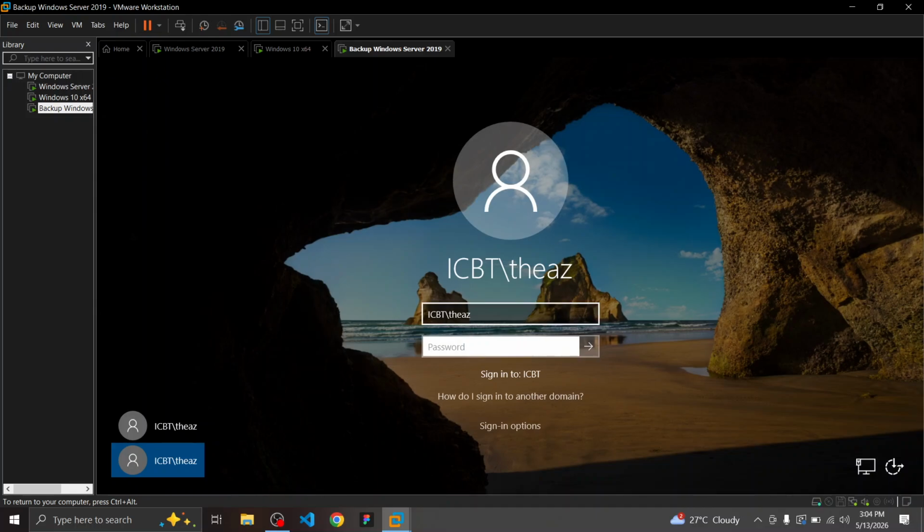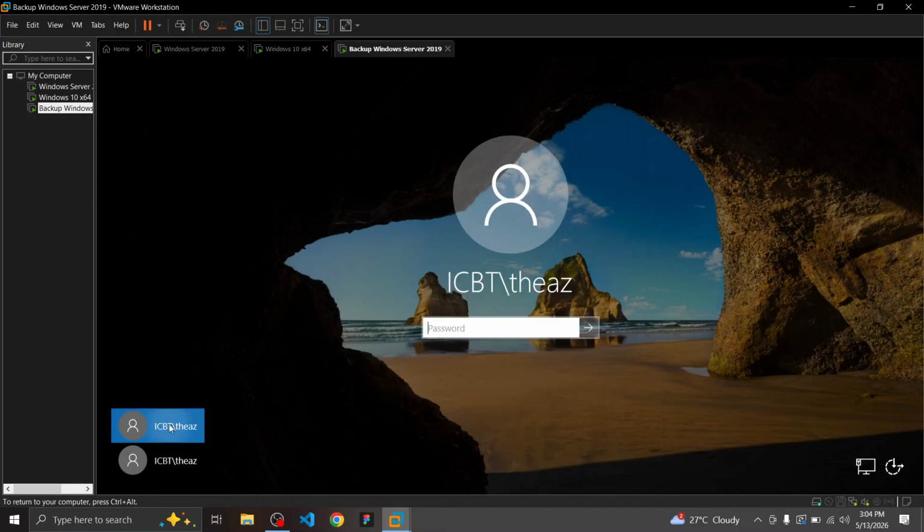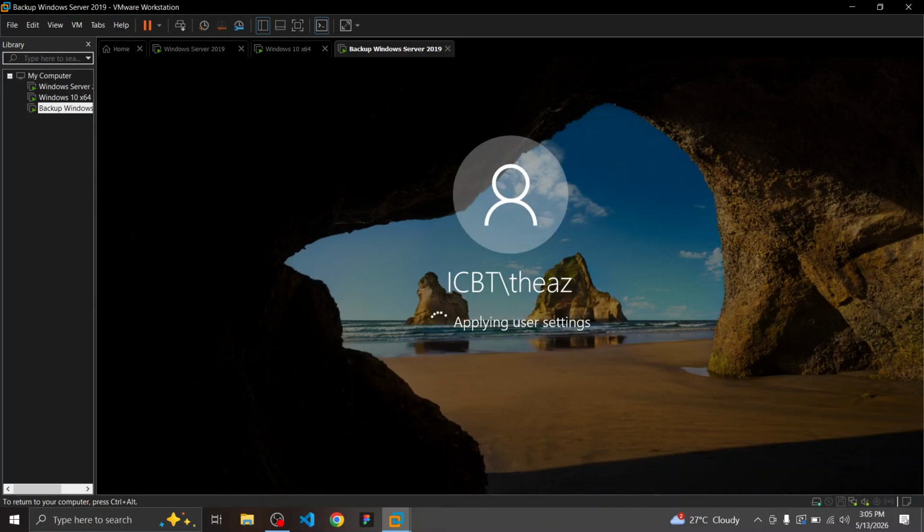So this is the user, right? We should go to sign in options. Okay, click on sign in options. Even though it shows like this, you can put the username and type another one. So ICBT/administrator, and then the password. Okay,